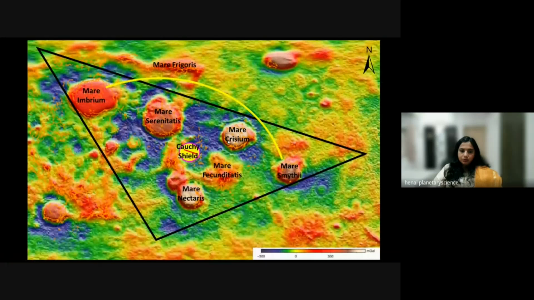This is some of the gravity geophysical mapping I derived on GRAIL data sets, which shows the gravity anomaly map. And that shows, see, on Earth it is common to find any kind of volcano because we have plate tectonics, and when two plates collide with each other, one plate goes down beneath the surface up to the mantle, and it creates pressure beneath the other plate while melting, keeps on melting within the lava.